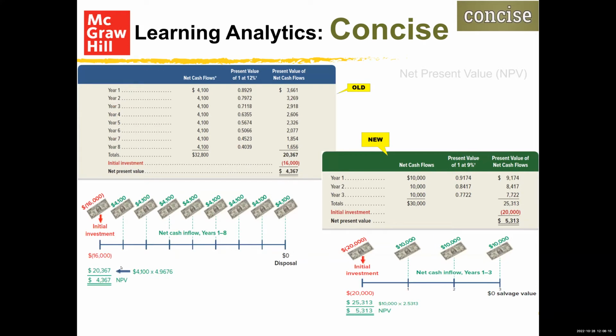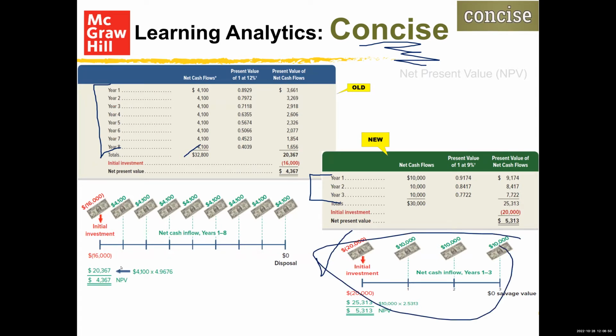Here's an example of conciseness. This has to do with net present value calculations. We had an 8-year example. And applying conciseness, we said, what's the shortest period of time in which it captures all the concepts that we want to communicate to students? And it turns out that we really only needed 3 years of data, which makes that material much more manageable, much more digestible, much easier to assimilate by the students. And you'll also see that in the visual too. This graphic is much more easily assimilated compared to the one over here with 8.